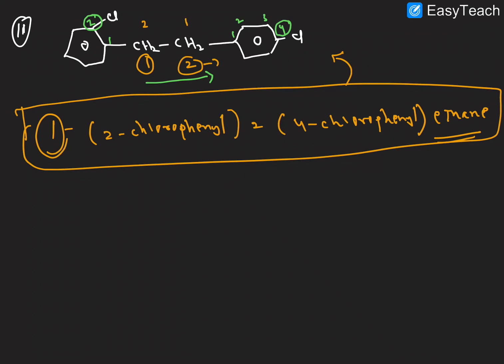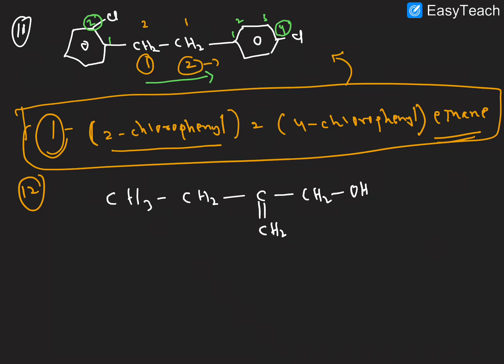Okay, if any bulky substituent is there, we give the number of its position and put that name in brackets. So this is common for every example, every molecule, right? And next, the 12th example, example number 12. So here CH3, CH2 and CH, sorry, here there is a CH. Okay, so this is the example.